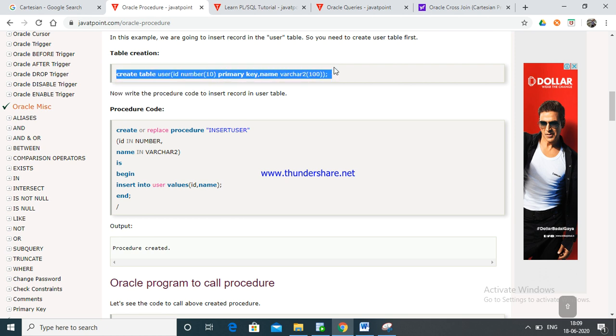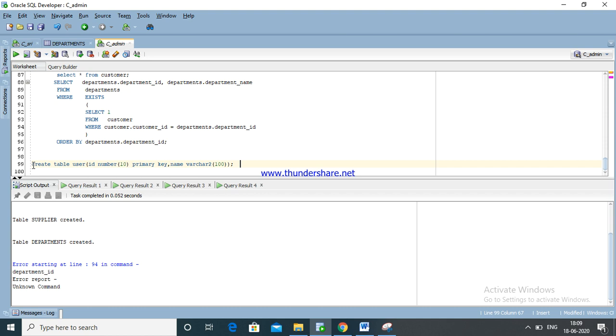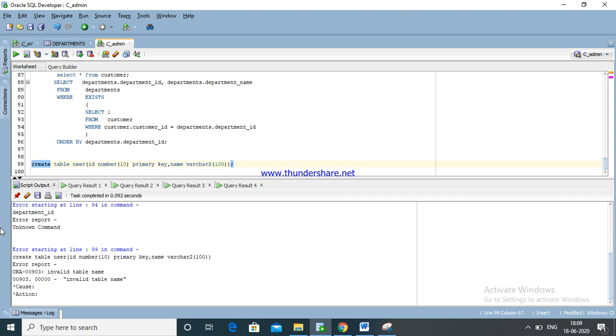I don't have a user table, so I am going to copy this create table user statement and paste it here. Click enter. Invalid table name. Create a table with name, number, 1000. I think I already have the table. Invalid.